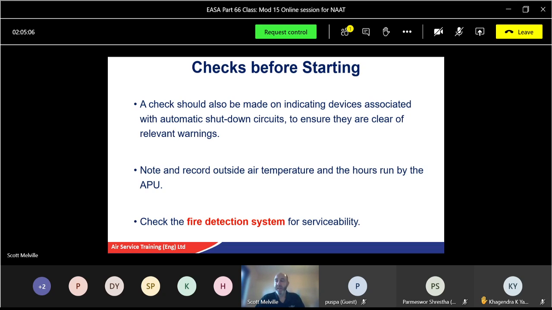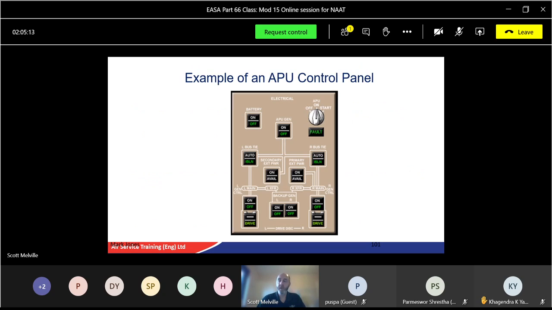So I've only done that once. So make sure you test it before you run the APU. But at least it proved the system did work. Okay. There's an example of an